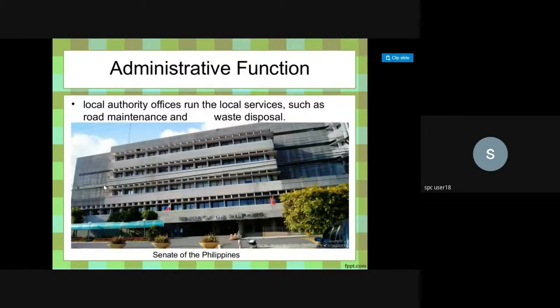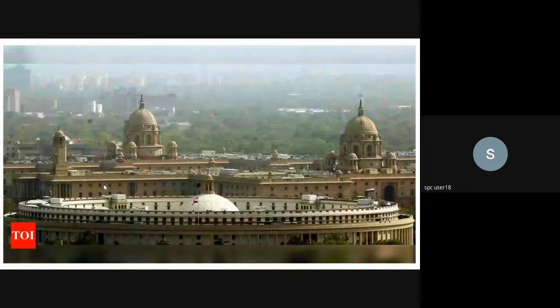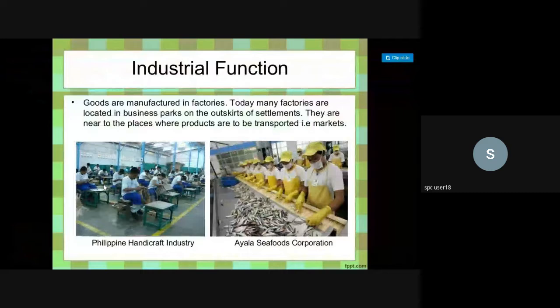Then you would have something like an administrative function. As such, I think I have a photograph of, yes, New Delhi. You'll see that you have a gap between New Delhi and Old Delhi. New Delhi is exclusively known for construction of this whole complex of the Parliament, which you can see in the front. And the two domes are the North Block and the South Block, wherein all the very senior bureaucrats have their offices, ministries, and so on and so forth.